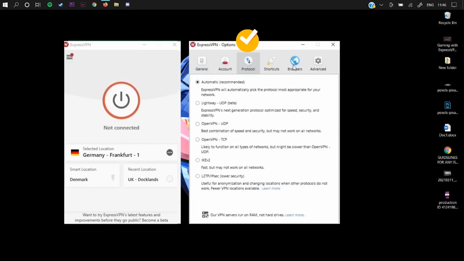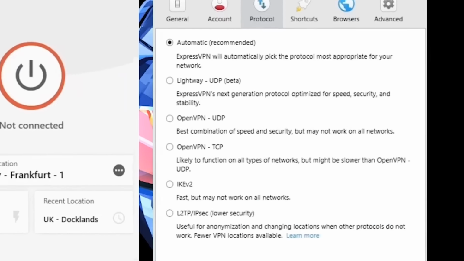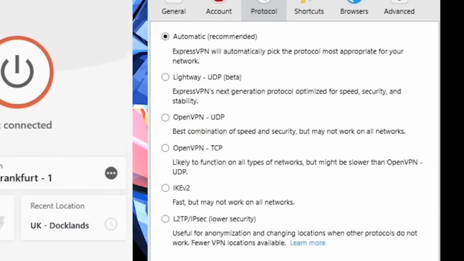Now click on Protocol. This is the tab that allows you to adjust your VPN's protocol to add speed or security. Protocol is set to automatic by default, and this is the setting that 99% of users will want to leave their VPN set to. You can opt to switch to Lightway, which is a good choice, and a protocol made by ExpressVPN, OpenVPN UDP or TCP, IKEv2, or